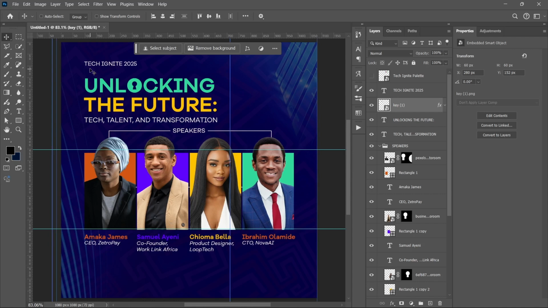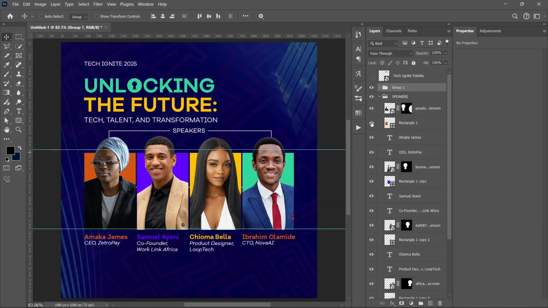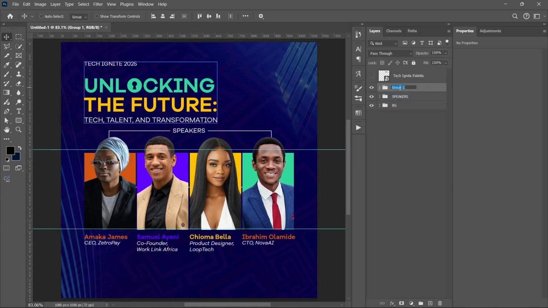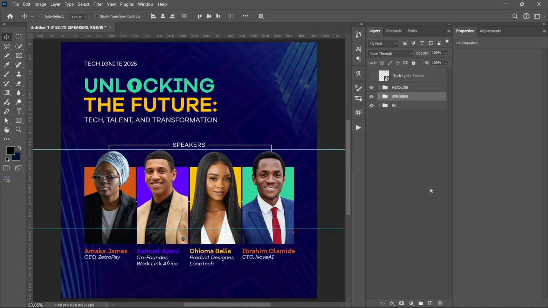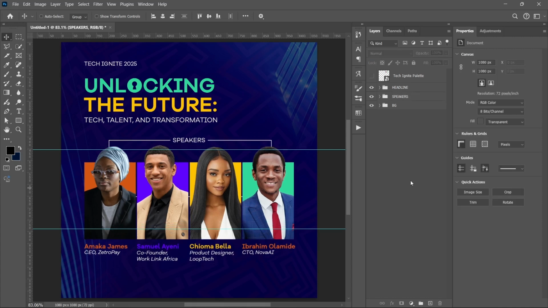So we've done our headline, we've done our speakers. So I'm just going to group everything, all these texts, press Ctrl G, and we'll call it headline. I like to group my layer, so if you hide the headline, everything hides. So our speakers seem too close to the headline, so I'm just going to see how we can move everything down easily because we've grouped them. Alright,